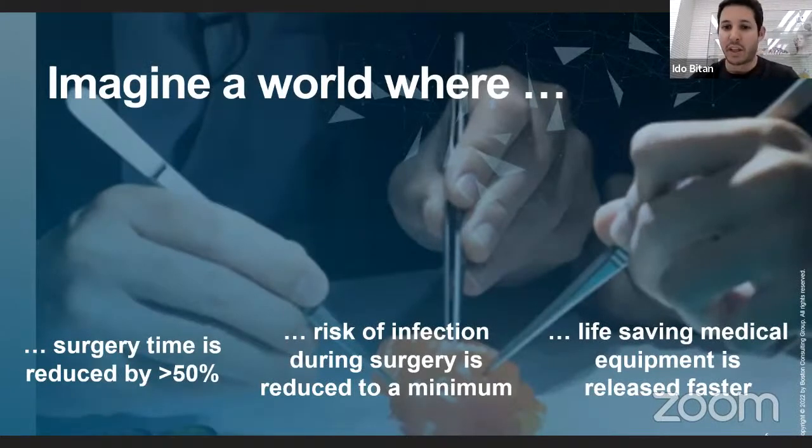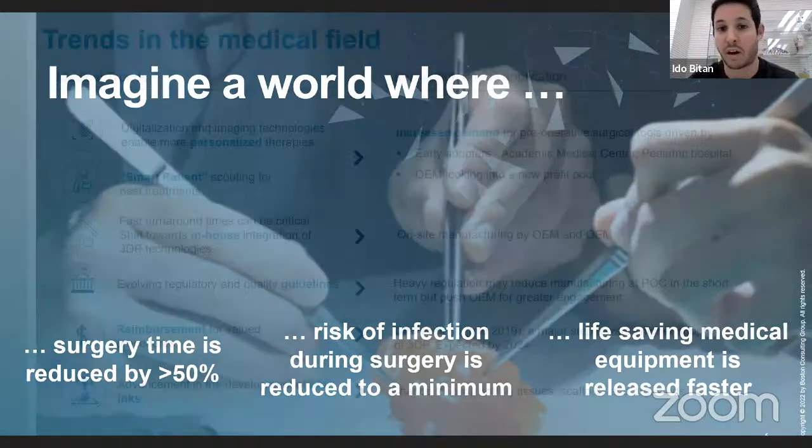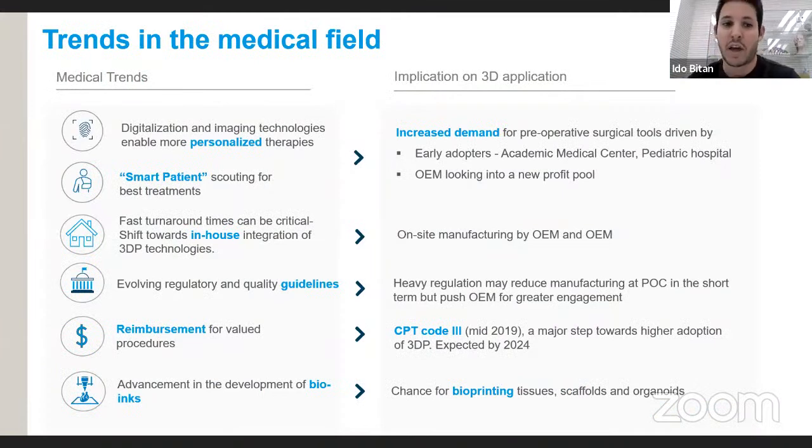So basically, where we want to be is in a better place, all of us, obviously. We want to improve patient care. We want to reduce the time in the OR. We want to reduce the risks and complications of the surgeries. And supporting that, we would also like to help bring medical devices faster to the field. And the way we do it is using our technology and aiming at the trends that we see in the